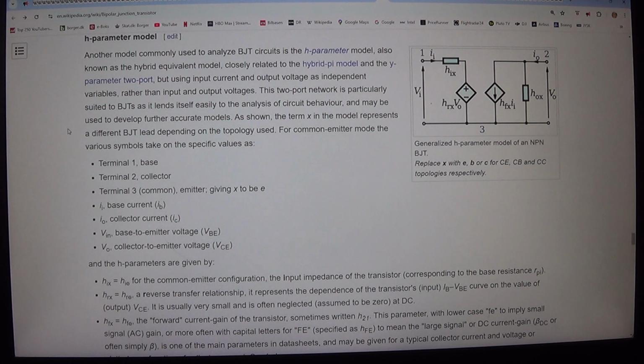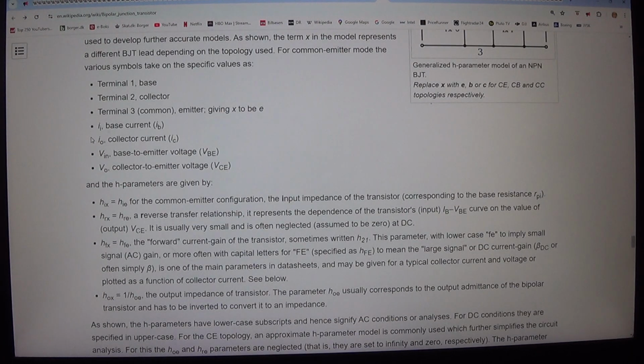As shown, the term x in the model represents a different BJT lead depending on the topology used. For common emitter mode, the various symbols take on specific values: 1, terminal 1, base; 2, terminal 2, collector; 3, terminal 3, common, emitter; giving x to be e; 4, input current, base current, IB; 5, output current, collector current, IC; 6, VIN, base to emitter voltage, VBE; 7, VO, collector to emitter voltage, VCE; and the H parameters are given by: